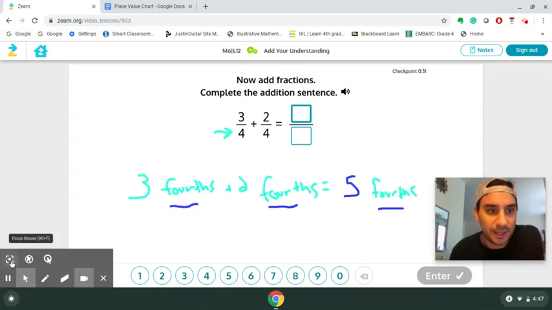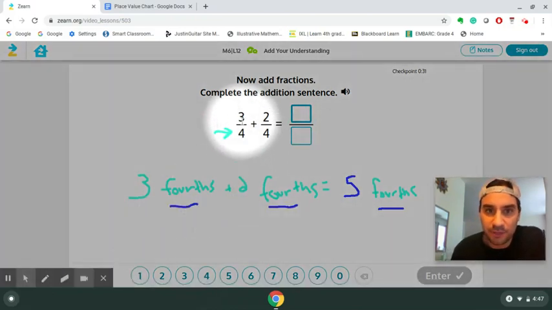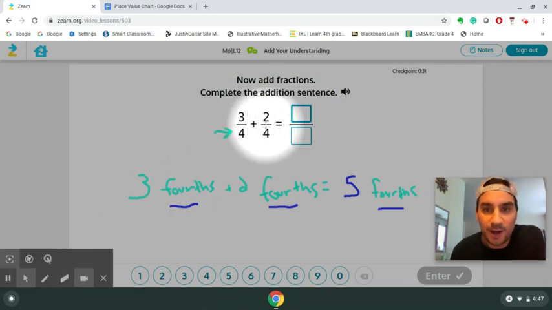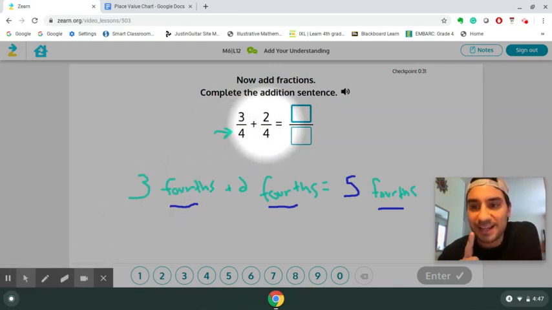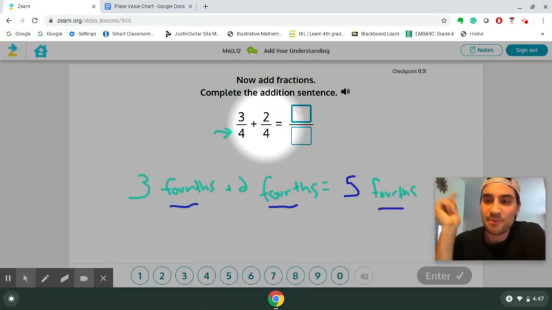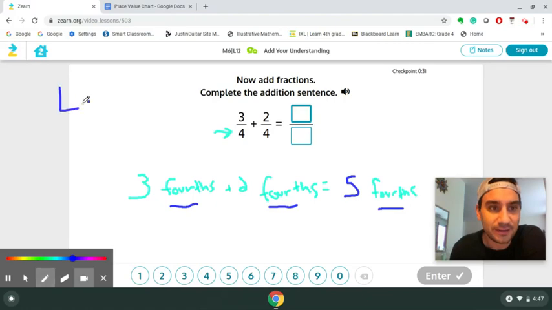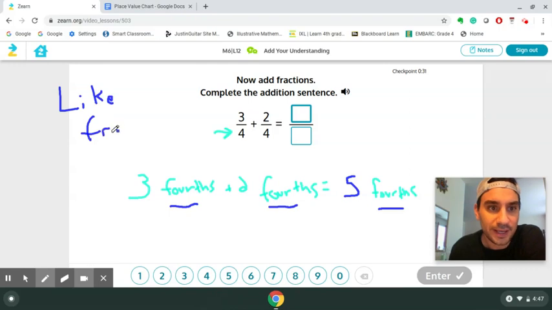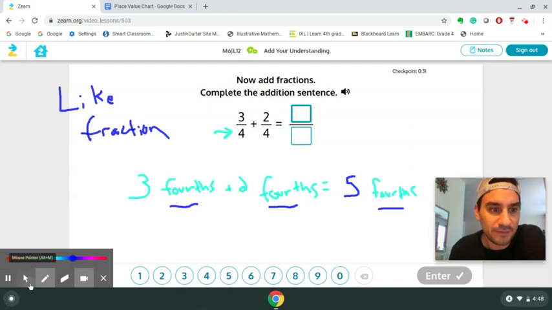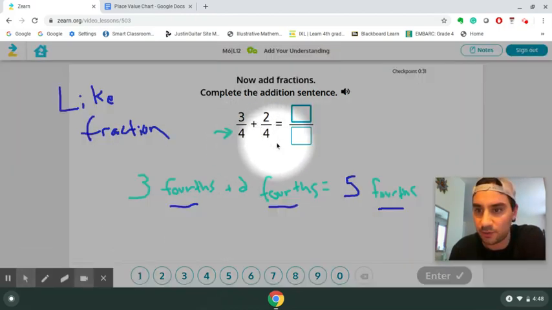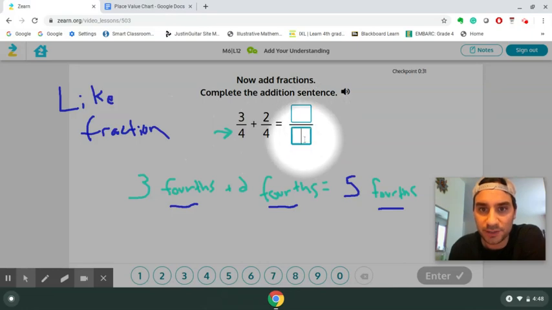Now let's bring it back up here to our fractions. 3/4 plus 2/4. Well, who remembers the rule for adding together fractions? I hope you're thinking what I'm thinking here. You can only add fractions together that have the same denominator. These are called like fractions. Say it with me. Like fractions. And once you have the same denominator, or a common denominator, you know your answer is going to